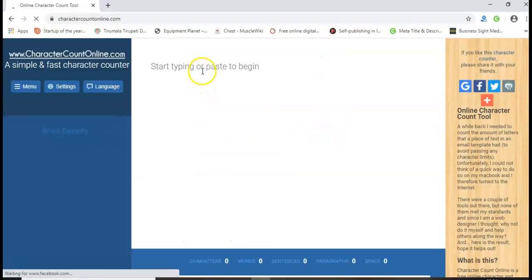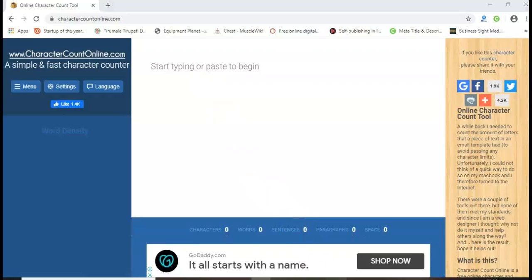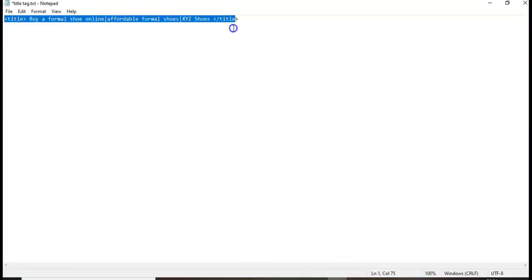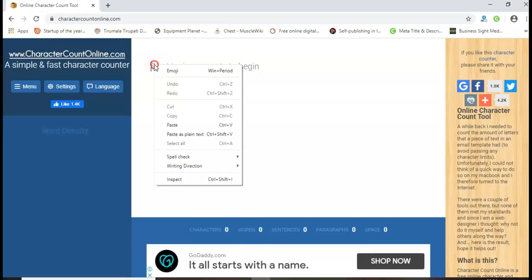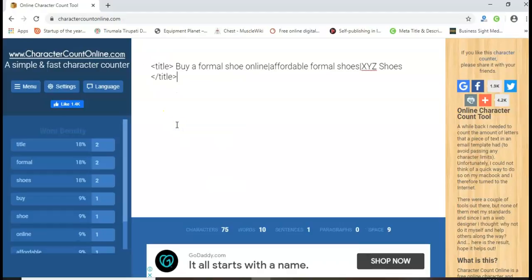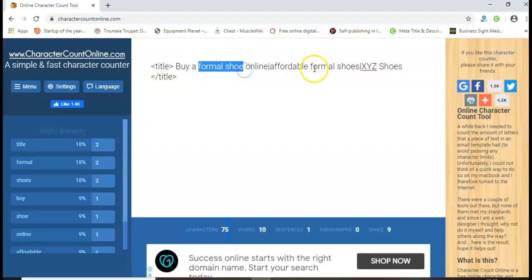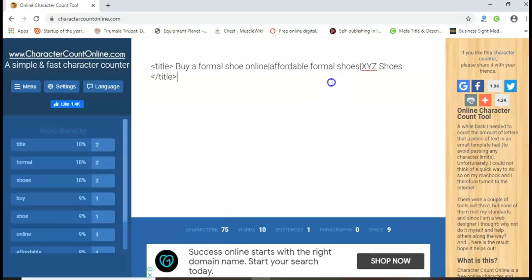So what you have to do is bring the title that you have typed, copy that title, paste it here, right? So this is showing somewhere around 75 characters. So we have to cut it somewhere. What do you have to do? If you look properly, you have written "formal shoes" 2 times. So let us